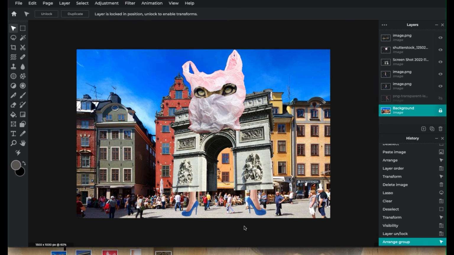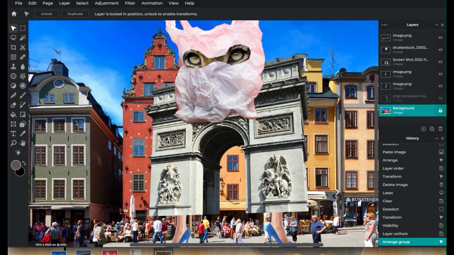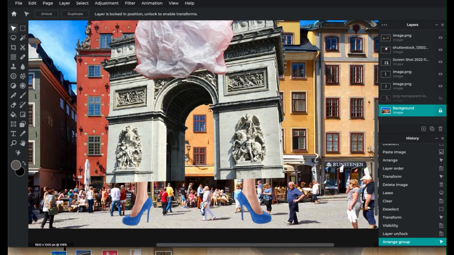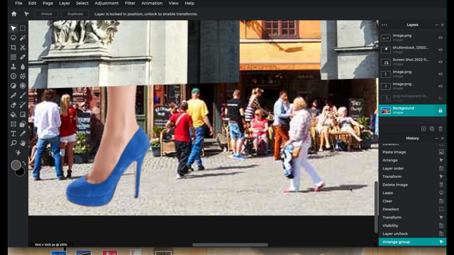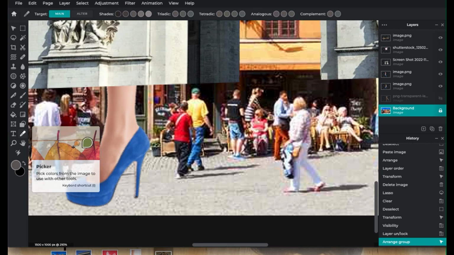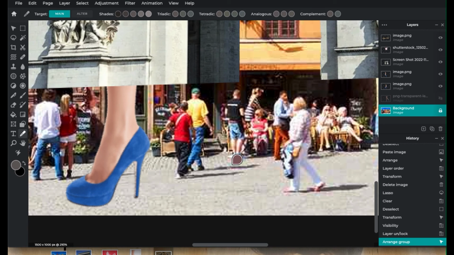So that's all you really need to do. Here's just an extra little thing for you if you want to make it fit in even better. You can see there's a bunch of shadows on the ground where these people are walking, and my character exists in this world now. So I'm gonna do a little work here. First I'm gonna grab the eyedropper to grab the right color of shadow, just like that. And then I'm gonna grab the paintbrush and put a shadow underneath